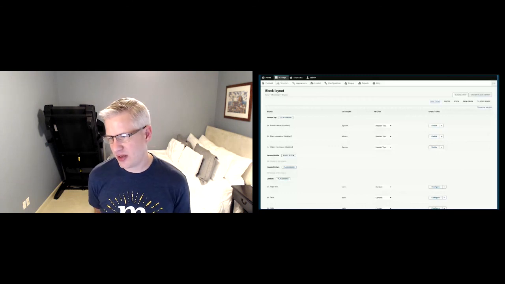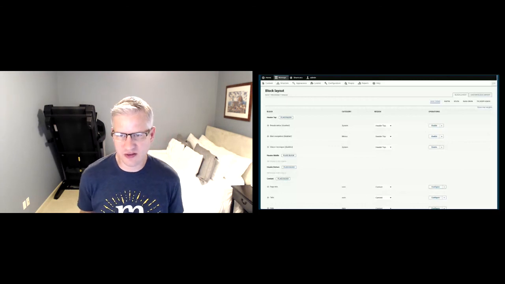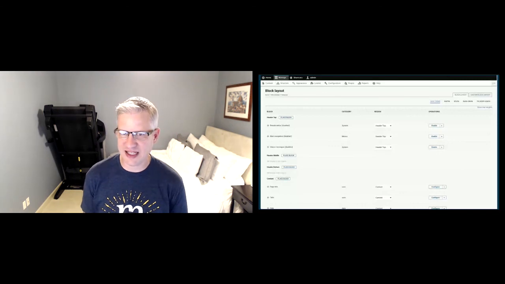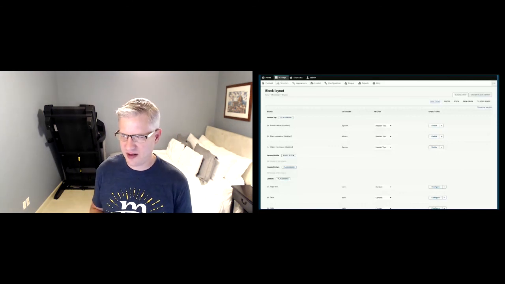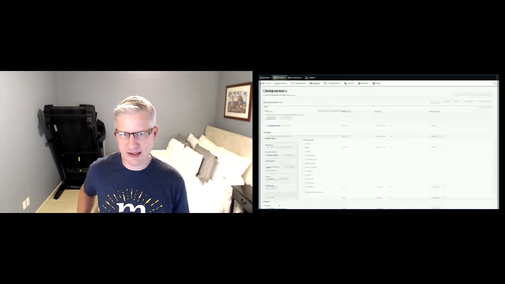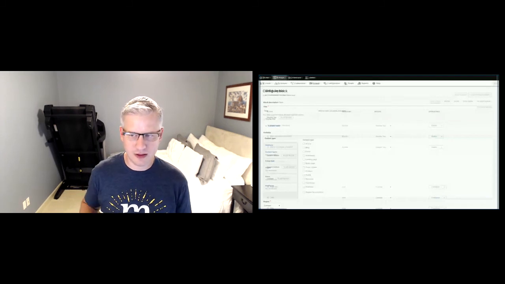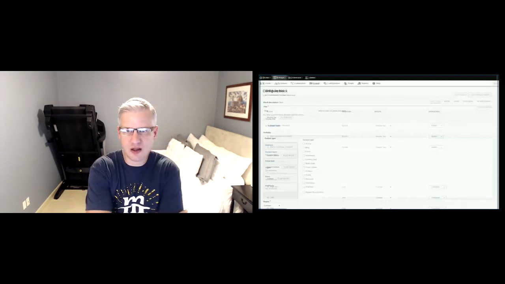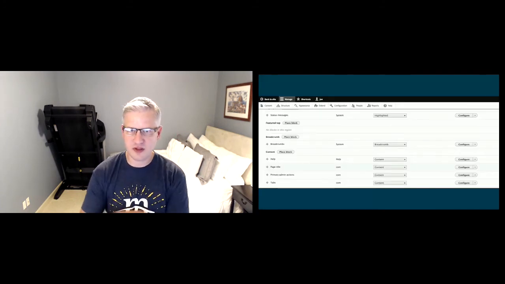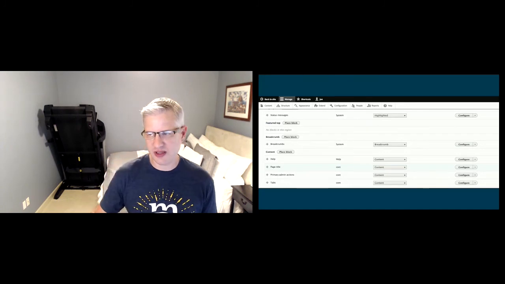And I'm showing a more recent screenshot, right? This is from Drupal 8, but the interface has changed over the years. But the overall workflow and concept hasn't changed too much from then, and it's totally fine. But what happened is, as sites got larger and more complex, the block admin page became kind of a mess. So tell me if you remember this, if you're an OG like me,